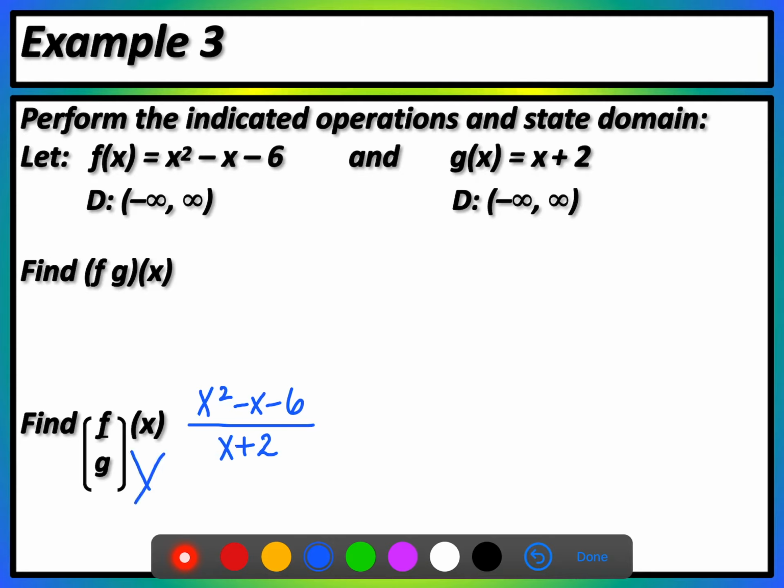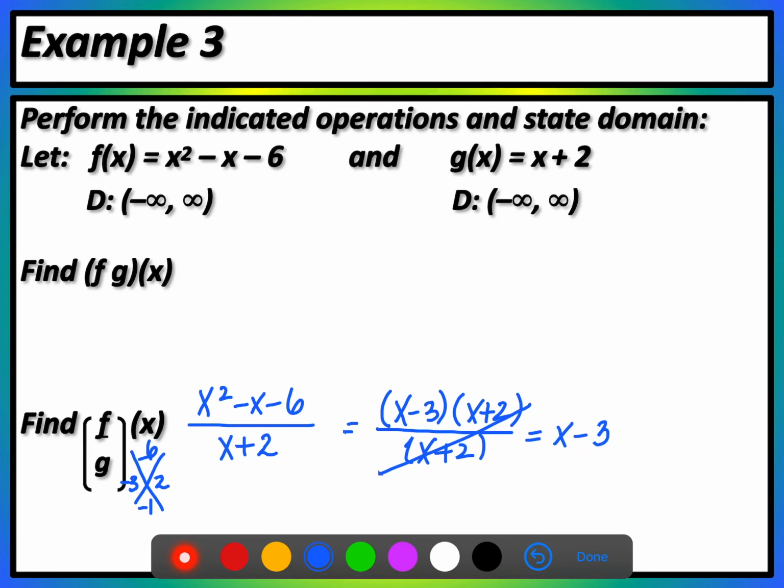So I do need to factor and see if there's anything that will cancel here. Now my result looks like it's linear, and that's true that it is. But in getting there, I had to cancel, and when I canceled,